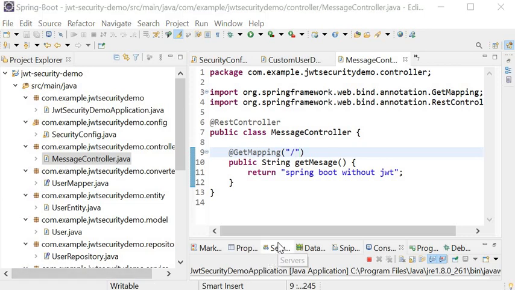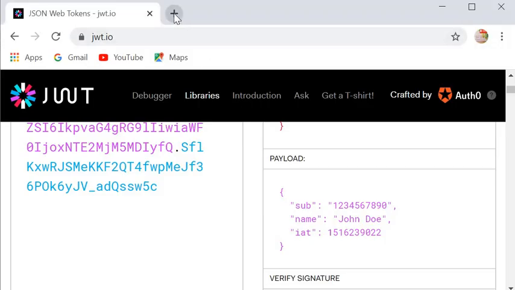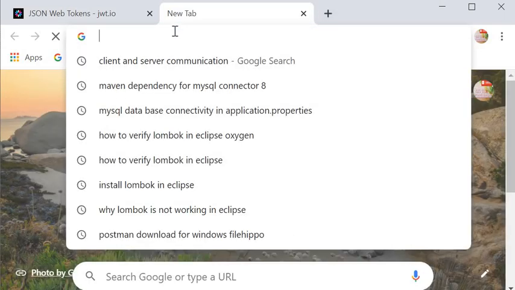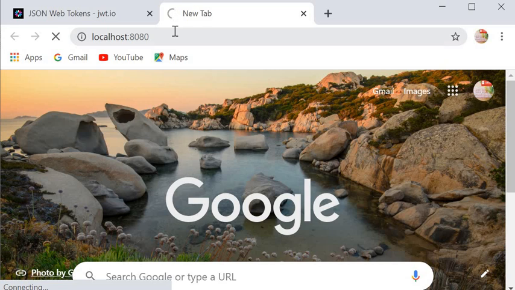Now I will run this application again, but it's already started and we have used dev tools, so no need to run it again. So I will go to my browser and hit this REST endpoint, that is localhost 8080, and it will ask for the username and password for security purposes.